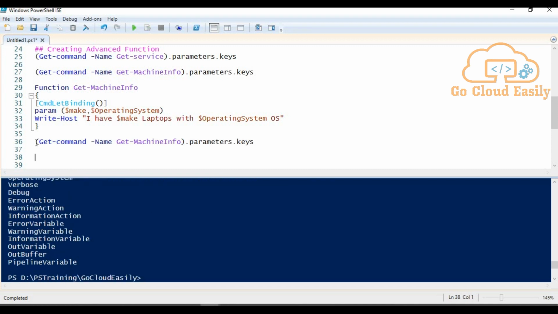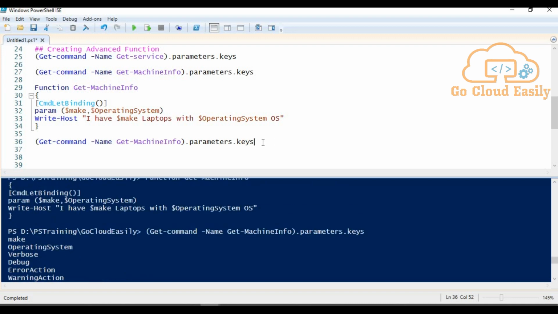So now this newly created function is an advanced function, because we have all the generic parameters with this function. But this is the framework only, right? We have created the framework, but to get these parameters actually working, we have to define the code behind them, right?